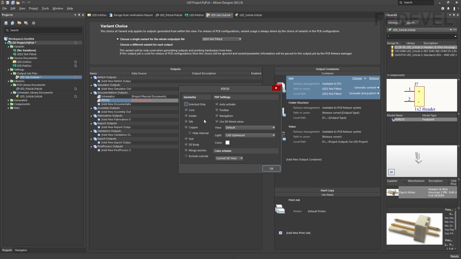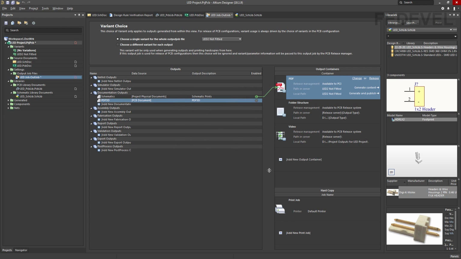But sometimes you really would like to go through these settings and maybe uncheck some of these things. But for this video, use the default settings. Left click on OK. Left click into this circle because we would like to print it. Left click here, we don't want to print the schematic. And left click on this generate content link.